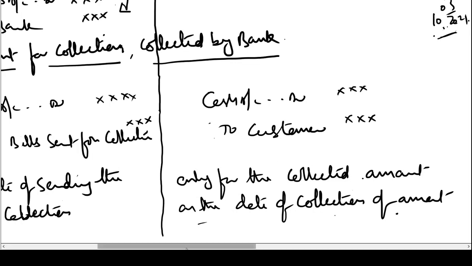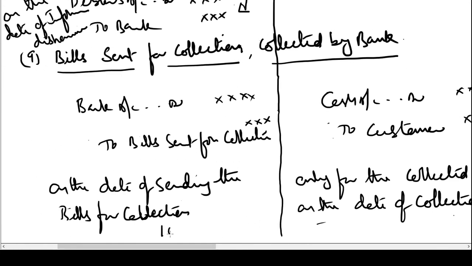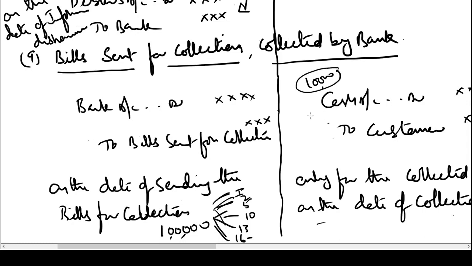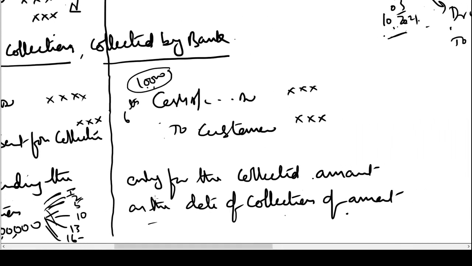Let us suppose we hand over to the bank bills worth 1 lakh rupees falling due on various dates. Many dates. There are many bills which are going to fall on 1st, 2nd, 5th, 10th, 13th, 16th, and so forth in a month. And the bank has collected only say 10,000 rupees on a particular day. So the bank will pass entry only for this 10,000 rupees on the day of collection. Let us say on 6th they have collected this amount. So on 6th they will write this entry for 10,000 rupees cash account debtor to customer 10,000 rupees, and the entry will be passed only on the day when the bill is collected.